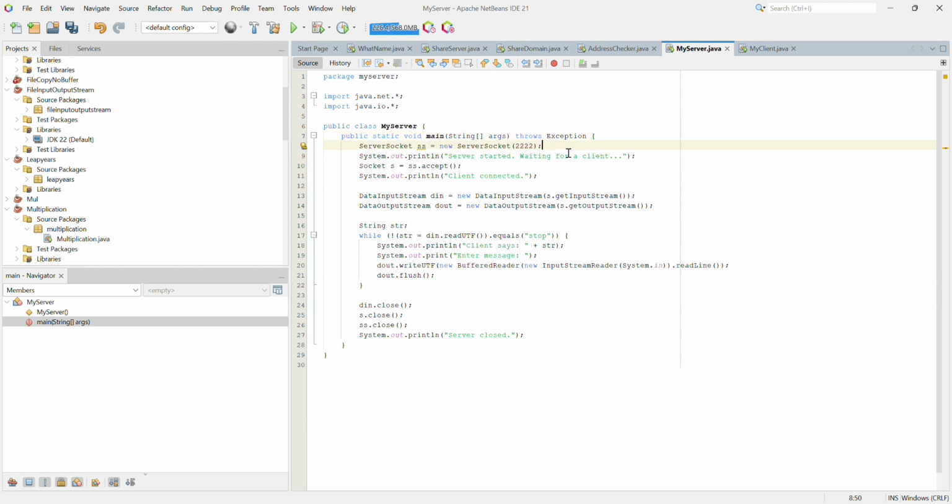Then for the server, we need to create one new object, which is ServerSocket ss equals new ServerSocket(2222). What this does is create a new object for the server at port 2222. Then after we created the object for the server, we do a simple test, which is System.out.println "Server started, waiting for a client." If we run it, the server will wait